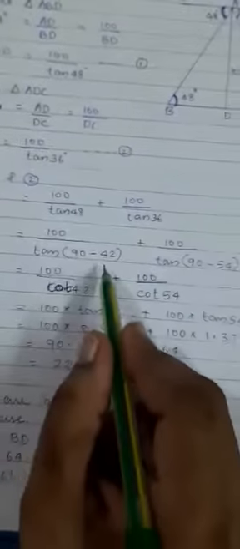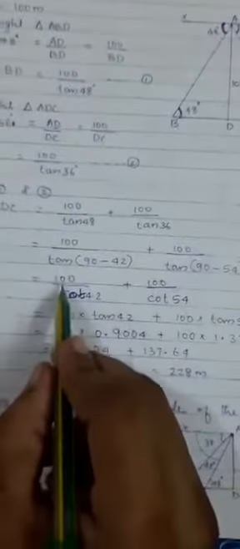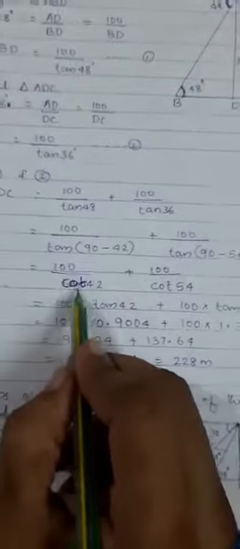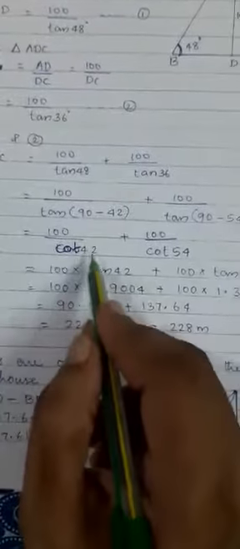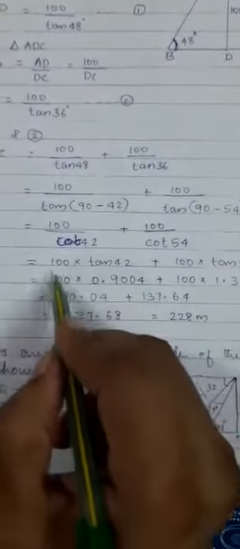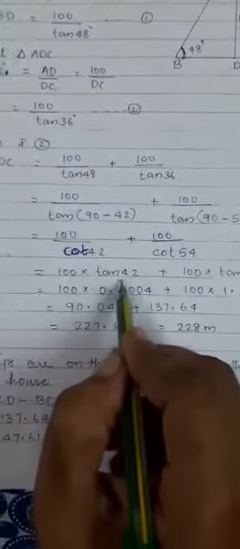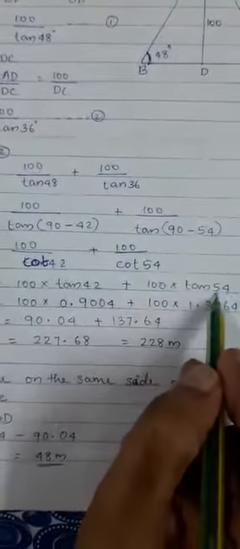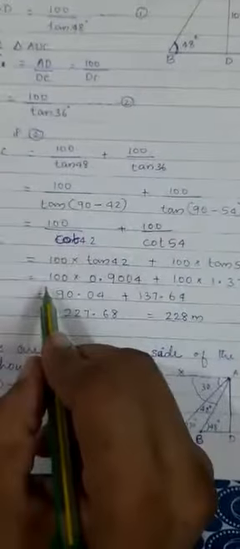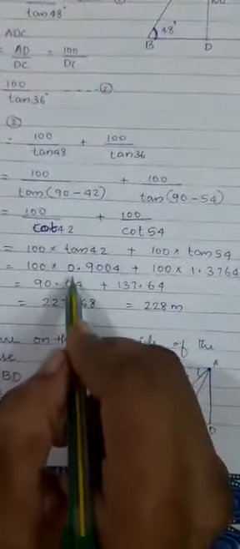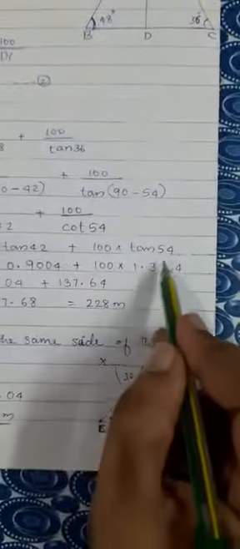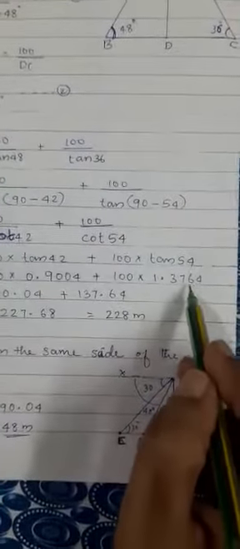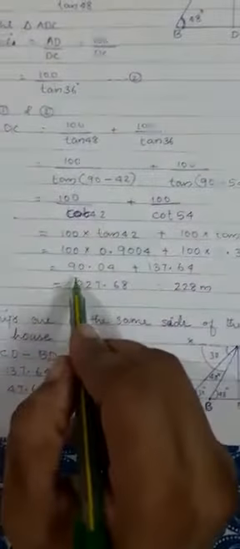You know tan 90 minus theta is cot theta. So this is equal to 100 divided by cot 42 plus 100 divided by cot 54. You know the reciprocal of cot is tan. So this is equal to 100 into tan 42 plus 100 into tan 54 equal to 100 into the value of tan 42 is 0.9004 plus 100 into the value of tan 54 is 1.3764. So this is equal to